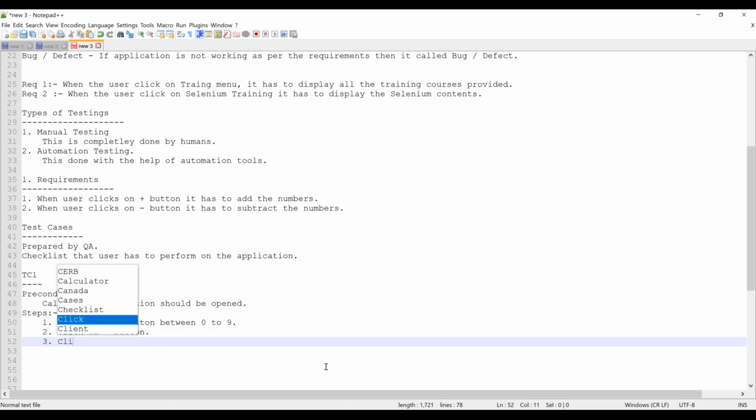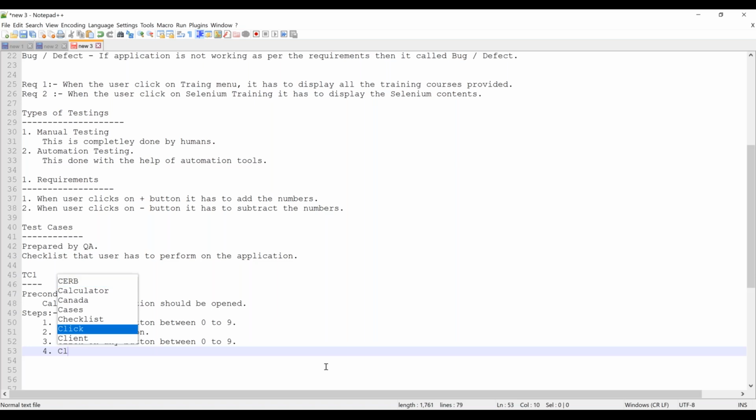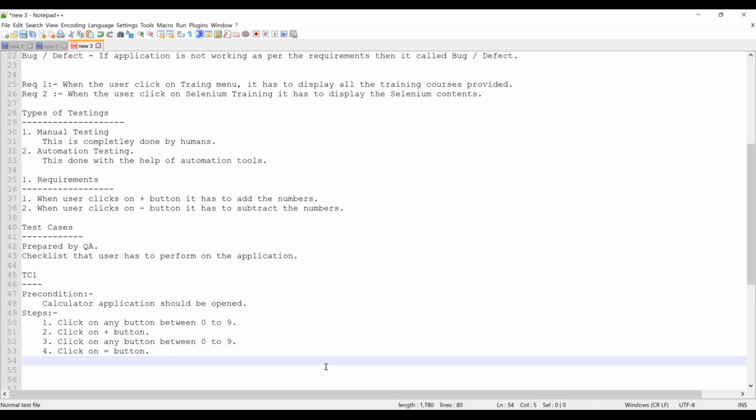Third, click on any button between 0 to 9, and then fourth step, click on the equal to button.